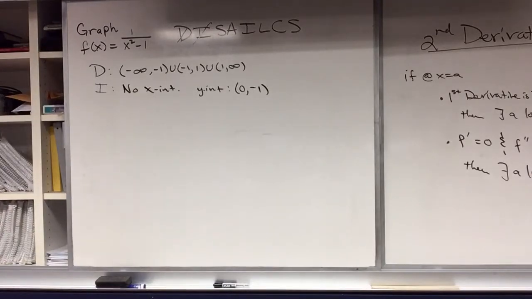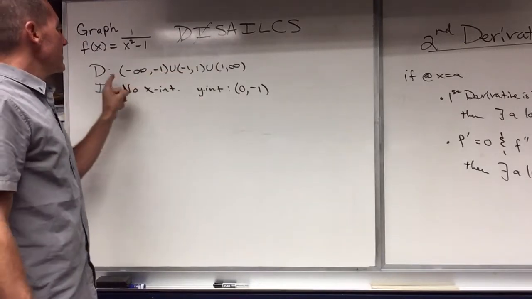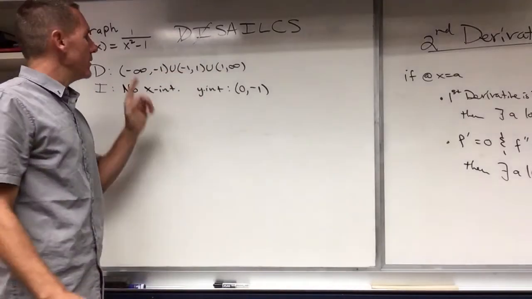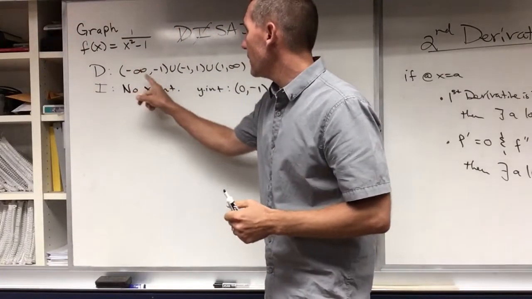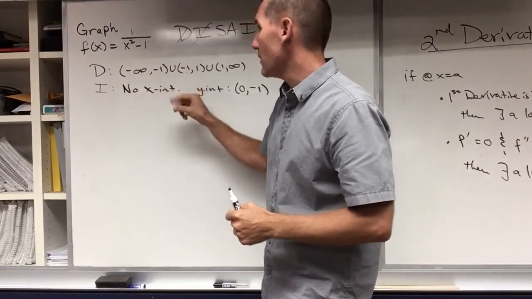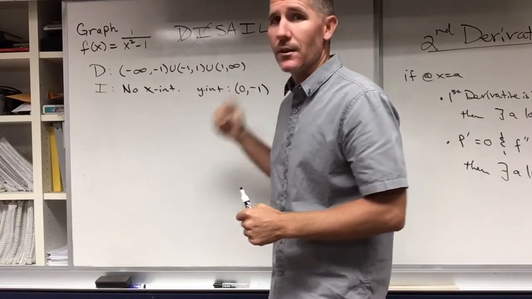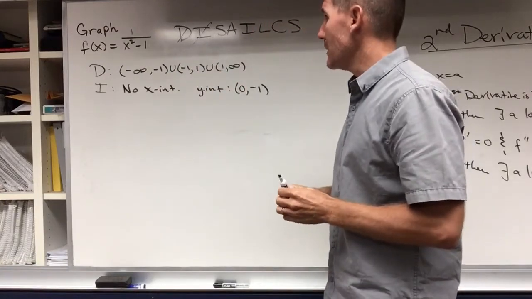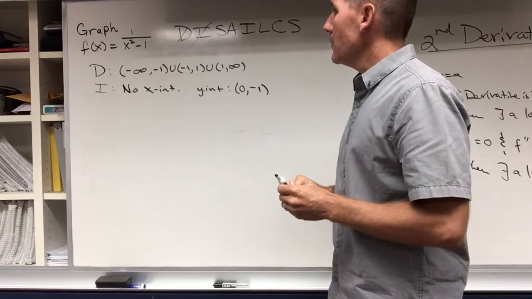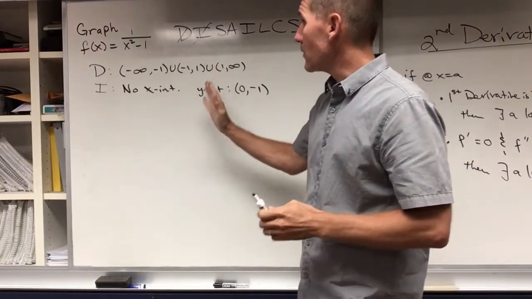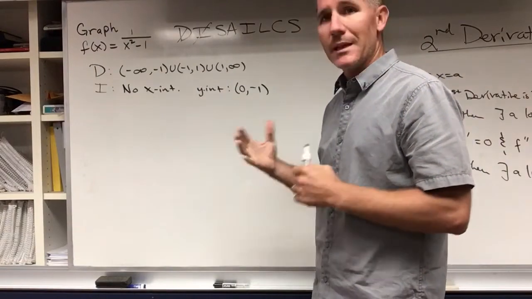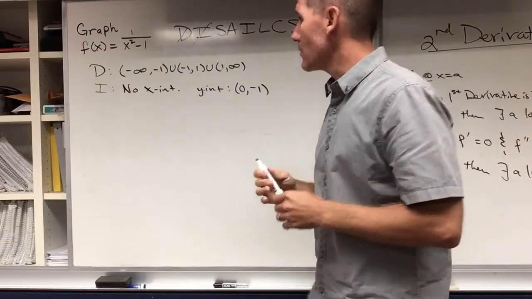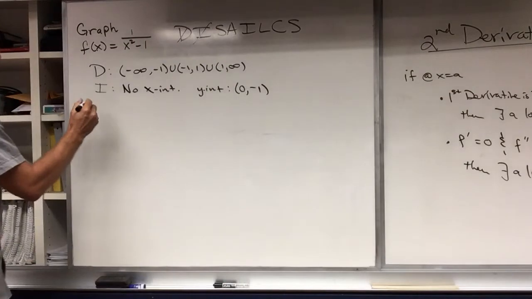Now I look at symmetry. So first of all, we can base our symmetry a little bit on the domain. So if I had the domain go from negative infinity to negative 1, union negative 1 to like 5, union 5 to infinity, I would know that there's not going to be any symmetry. But based on this, the fact that from 0 I go over to negative 1 and over to 1, there possibly is symmetry. It could be even, could be odd, right? And so in order to determine symmetry,